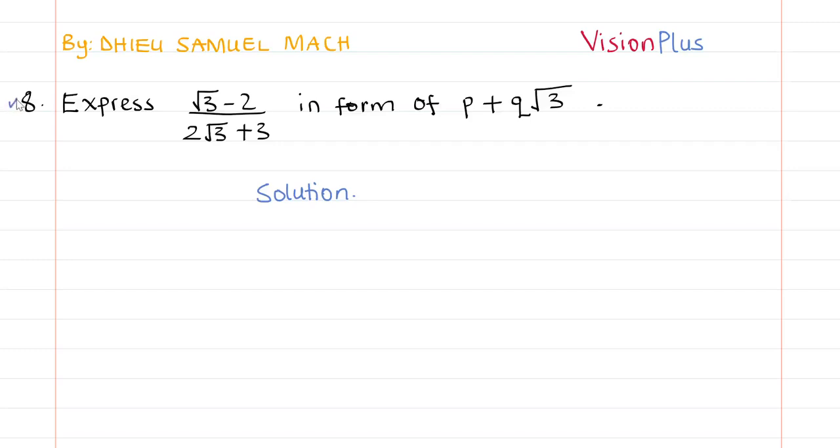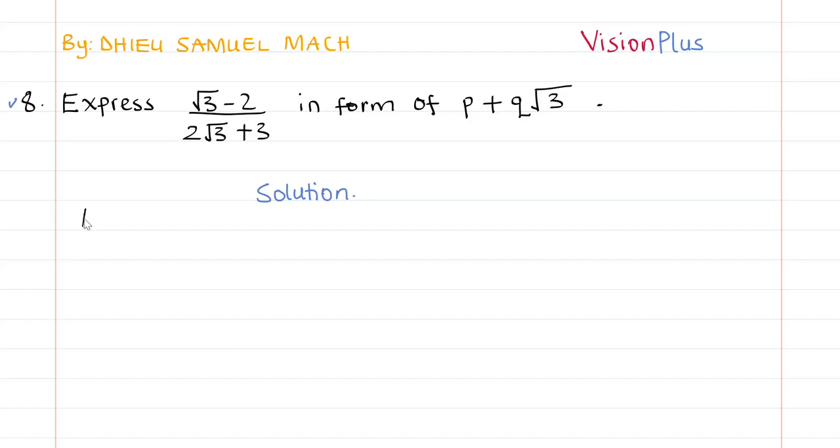Number 8, we are given a question from SATS, and it says express (root 3 minus 2) over (2 root 3 plus 3) in the form p plus q root 3. So this is from division of SATS, and the solution to it would be,